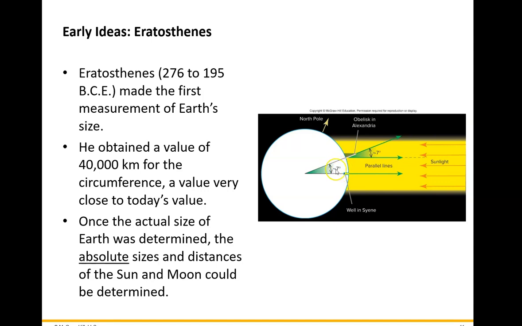Okay, so that angle, which in turn turns out to be 7 degrees, divided by 360 degrees, which is the full angle of the circle, is equal to the distance between Alexandria and Syene divided by the circumference of the entire planet Earth. And so, again,